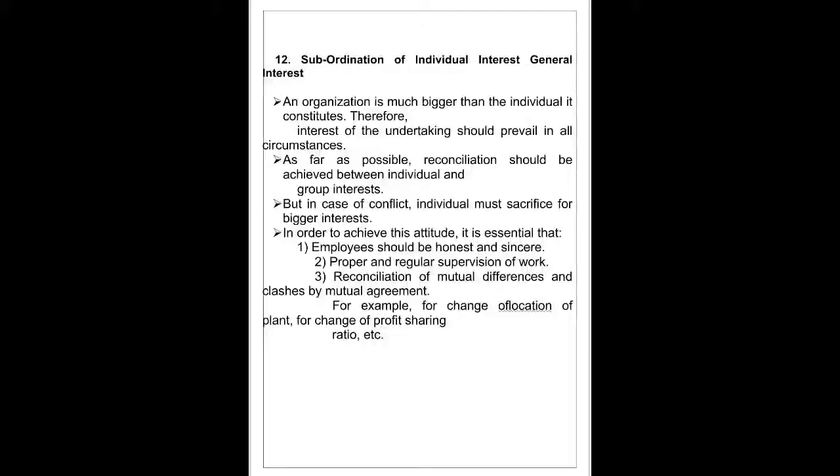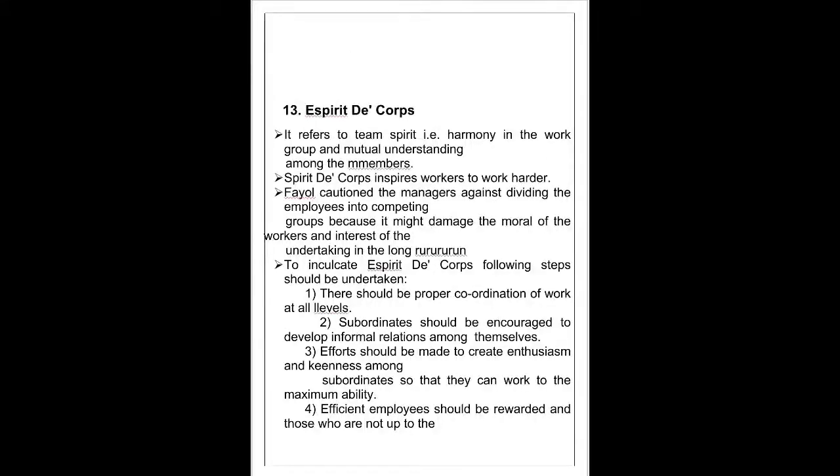In order to achieve this attitude, it is essential that first, employees should be honest and sincere. Second, proper and regular supervision of the work. And third, reconciliation of mutual differences and clashes by mutual agreement. For example, first, the change of location of the plant, and second, the change of profit sharing, etc. The 13th principle is